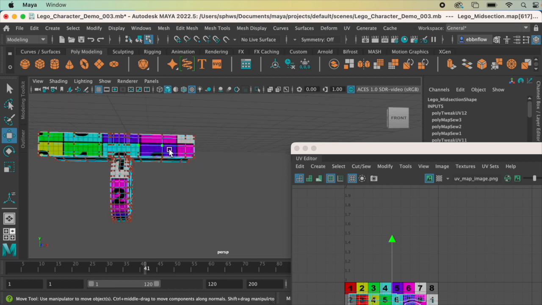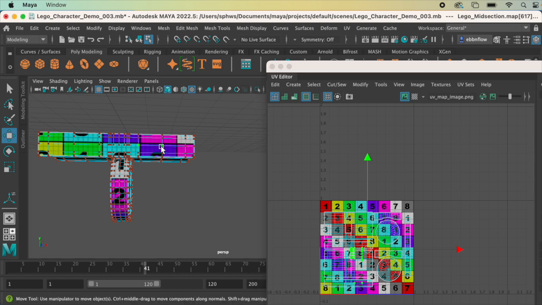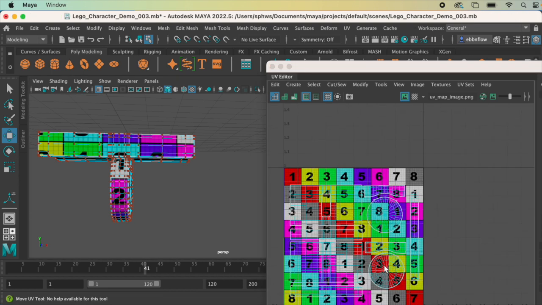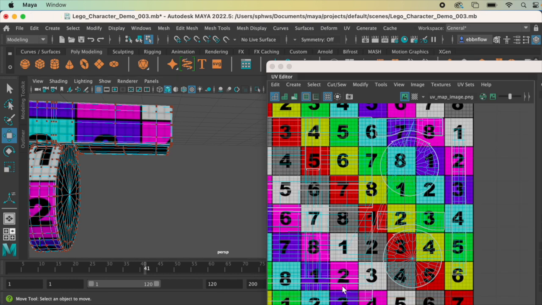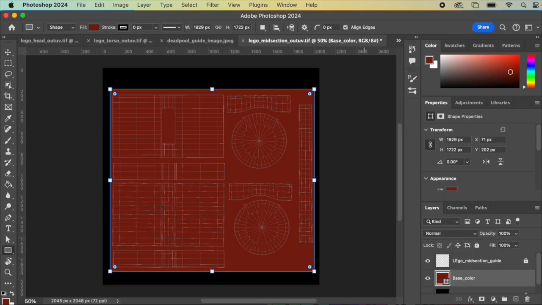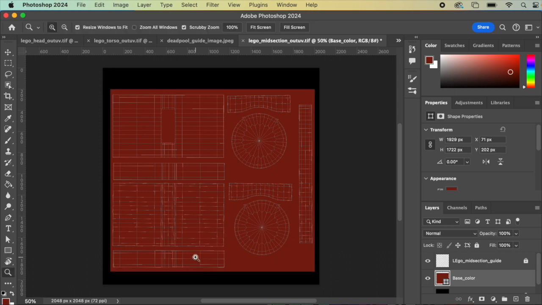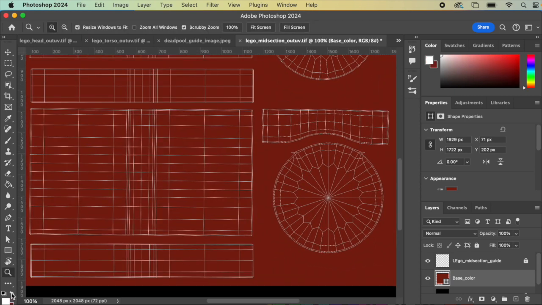Okay, so this area right here, if I were to select those UVs, I'm going to select this UV right here. Okay, so this looks like that is that. If I click on this UV, it looks like if I'm going to mess with anything, it is going to be this one right here. So I may go into Photoshop and real quickly just add a little bit of